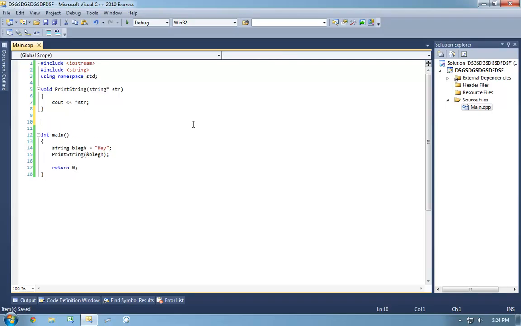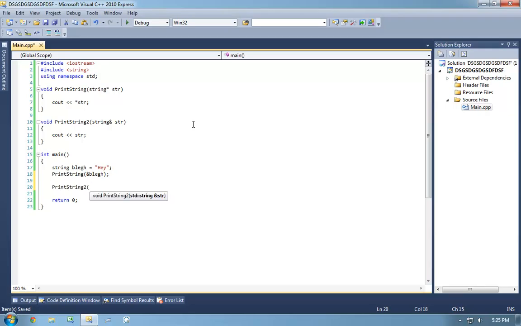So a more correct version of this function would look like this. So you'll notice the differences. First of all, what we have here is the parameter is a reference. And we know it's a reference because the ampersand is right after the type. And the ampersand annotation after a type indicates that this is a reference type.